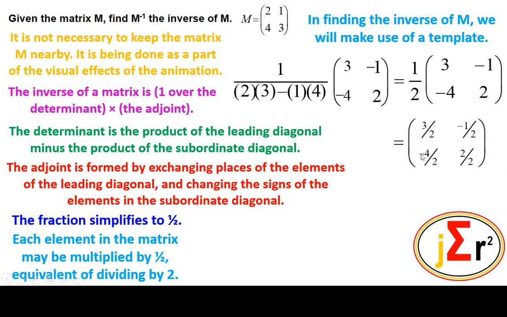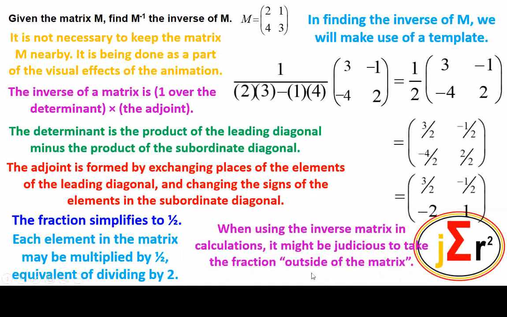However, because these simplify, this one gives a negative 2 and this one gives a positive 1, then we may go straight ahead and simplify. 3 over 2, negative a half, and negative 2, 1. That is our inverse matrix of M, which is equal to 2, 1,